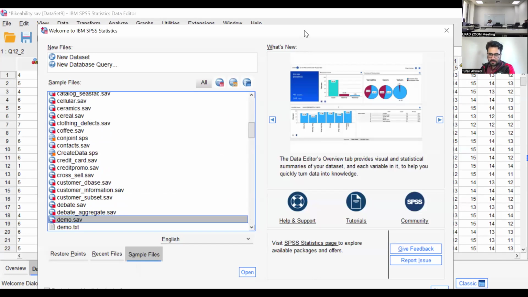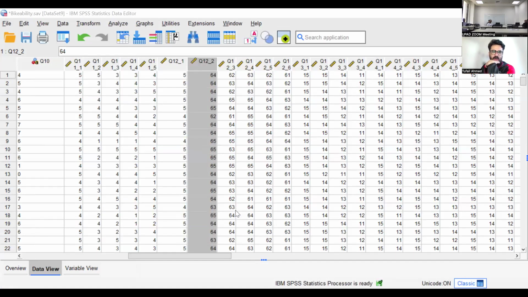Let's open the sample dataset, and let's say I want to see the income of the people in this dataset. I go to Analyze. I can use two or three functions. I can use Frequencies. I can use Descriptives. Let's start with Frequencies. In the meanwhile, you can also load your data in your SPSS so that you can follow. Go to Frequencies. I want to see household income in thousands. I click here. You can go to Statistics.